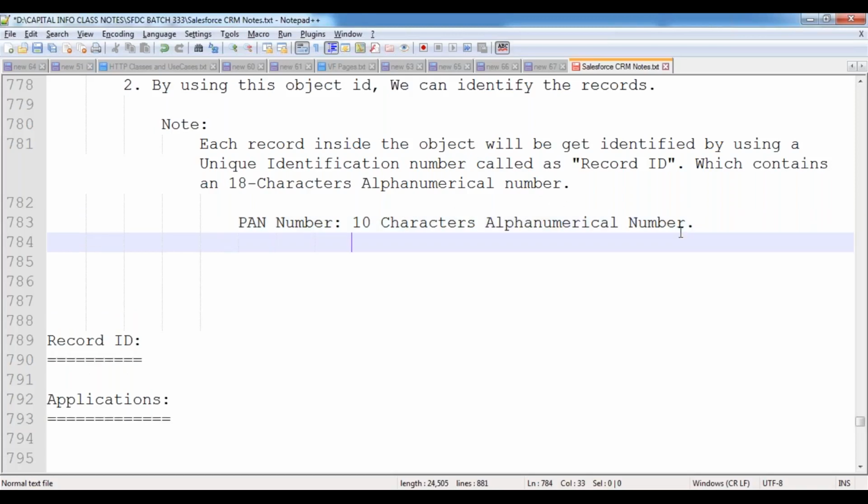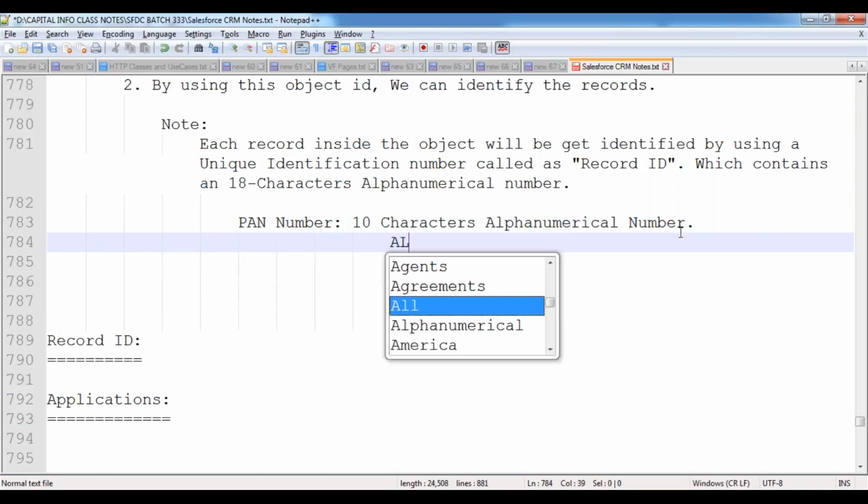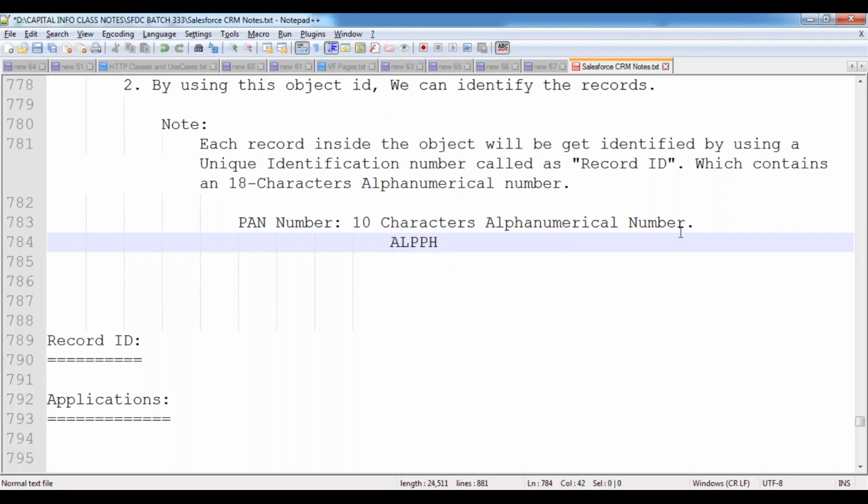This is what the PAN number format looks like: a 10-character alphanumeric number.